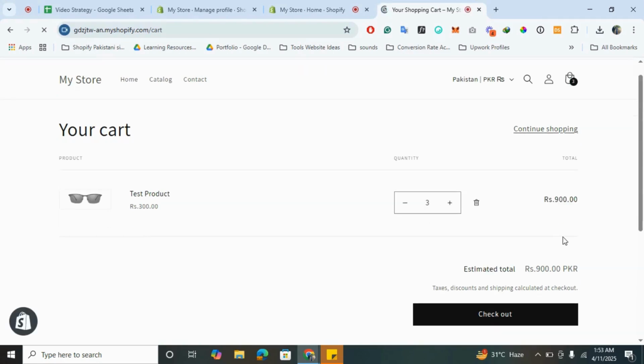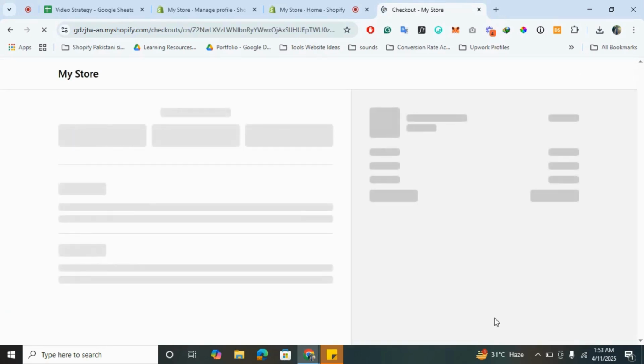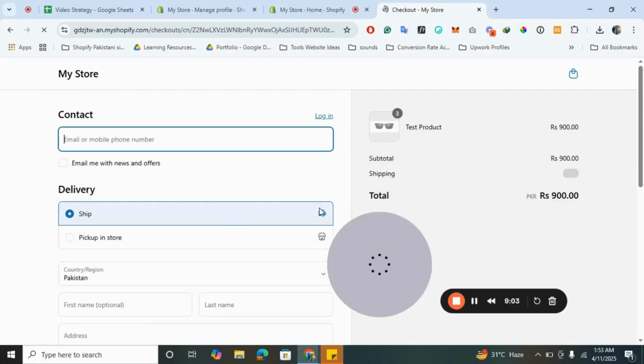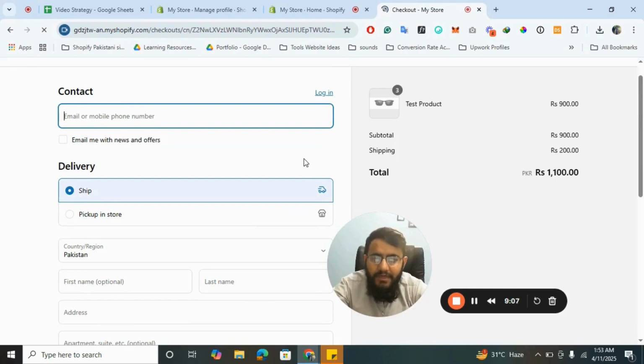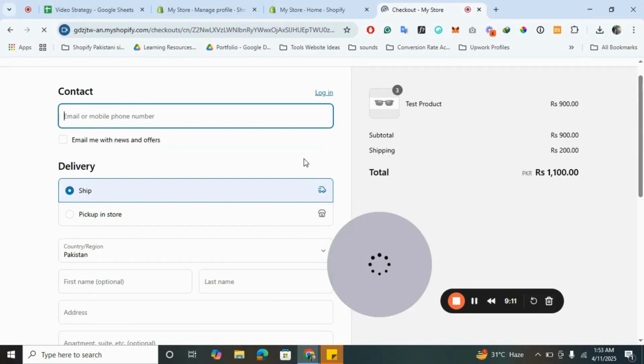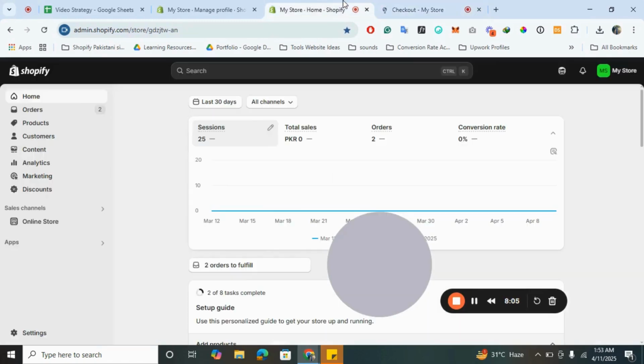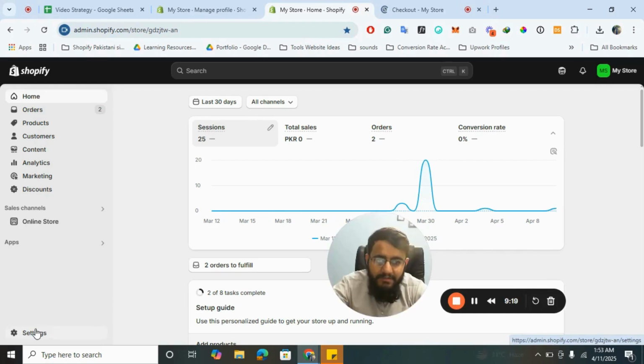So let me update the cart and see if it is charging me a fee or not. For example, let's go to cart, and instead of 10, I would like only 3 products. Okay, so 900 rupees. Let's try to check out. There would not be any free shipping now. As you can see, it has calculated the shipping automatically. This is flat 200 rupees shipping. So that's how you can create the shipping rates and zones in Shopify. Hope the things are clear, and if there is any advanced functionality you want me to make the video